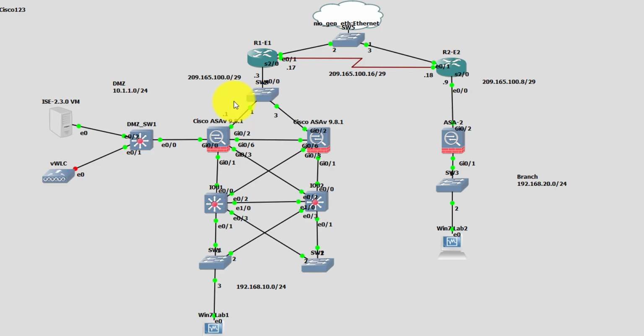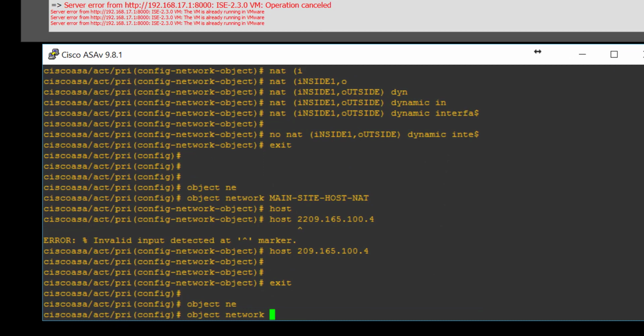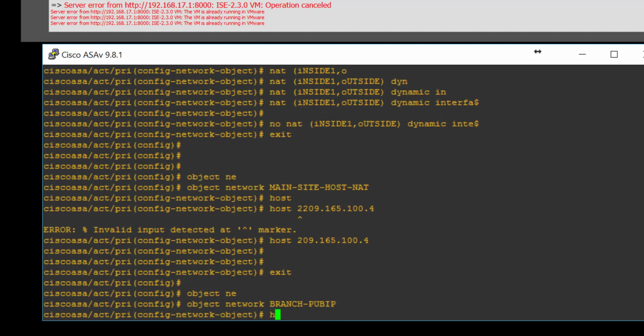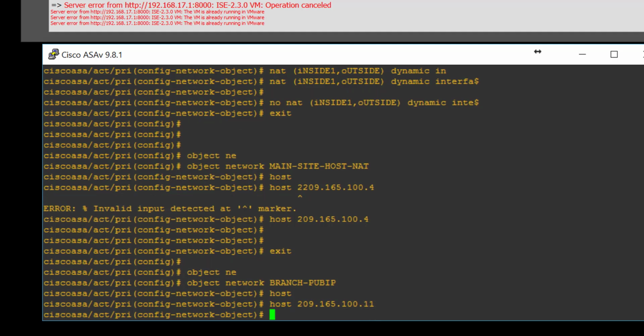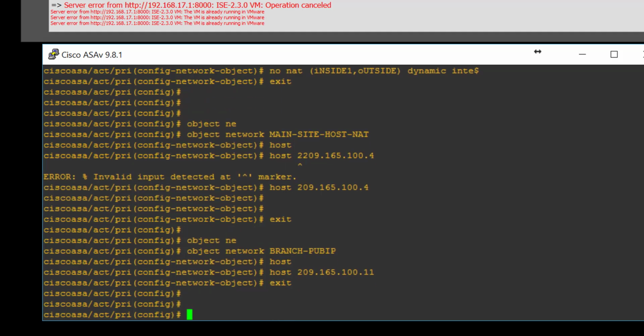So object network, and we'll call this one branch public IP or pub IP, and let's give this a public IP of 209.165.100.10 is the ASA, so we'll give it 11. Okay, so now that we've got our objects created, we need to go back into, let's just do a show run object,